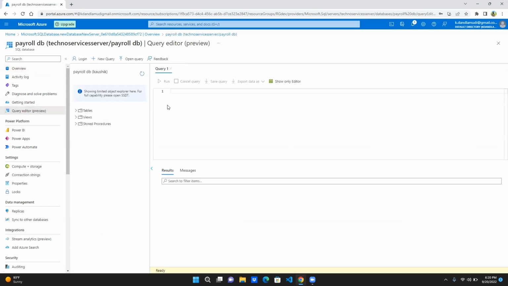Generally we will connect from SQL Server Management Studio because that's where we have been working. Otherwise, you can directly create. Kaushik, you can take control. You can create the table with the same syntax, whatever you have done, but now this database is in the cloud, that's the only difference. Create table, let's take employee,